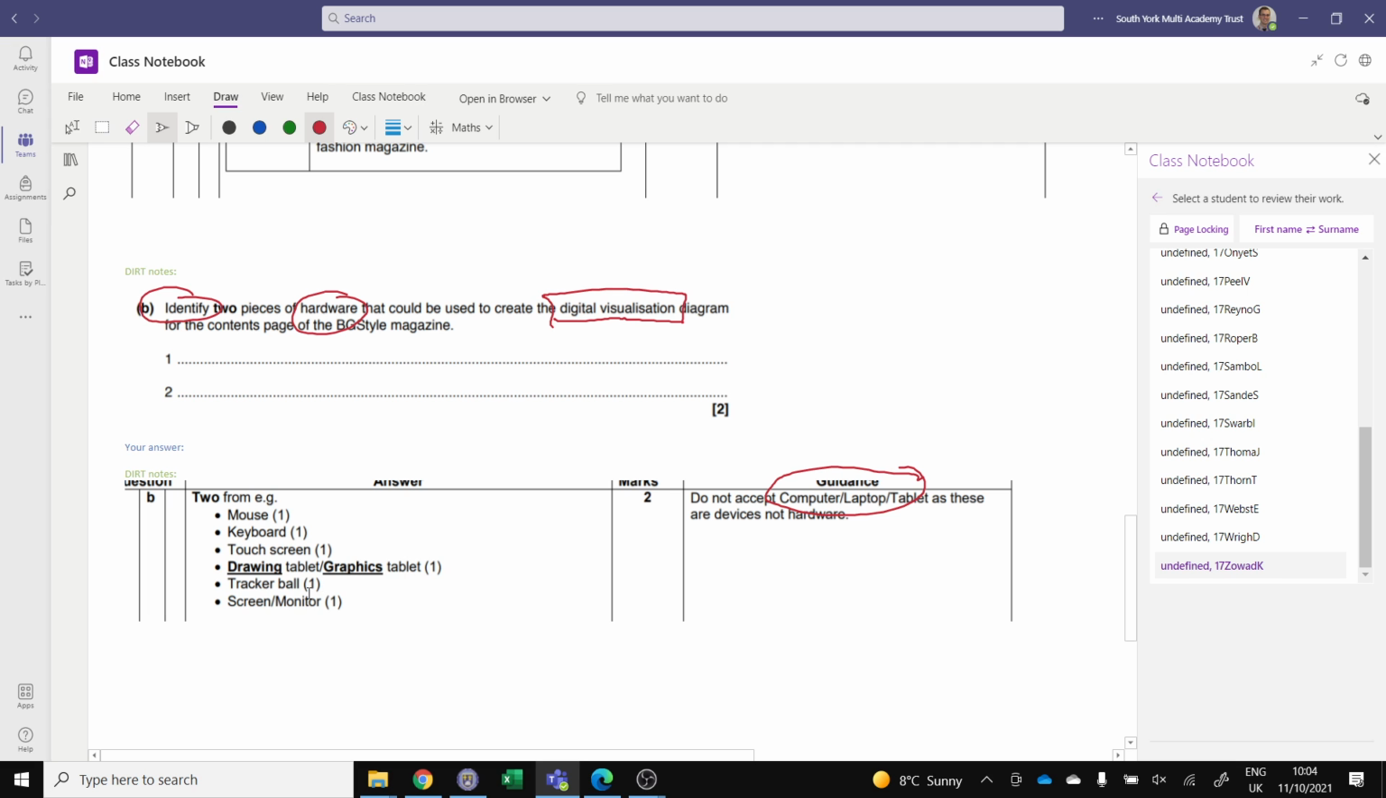a tracker ball, I don't know if you've ever seen those, they're like upside down old-fashioned mice with a ball in, so you move the ball and the mouse cursor moves, or a screen or a monitor. And it says e.g., so you could have had some others like a suck and puff or like eye tracking,